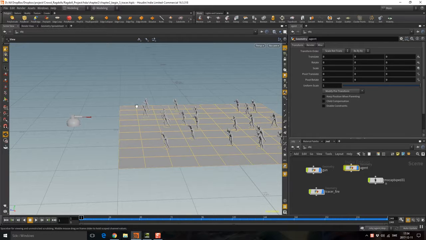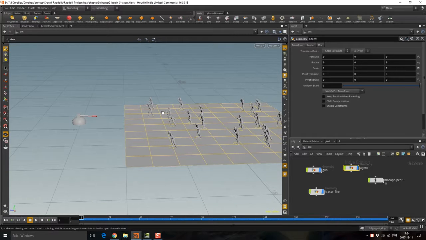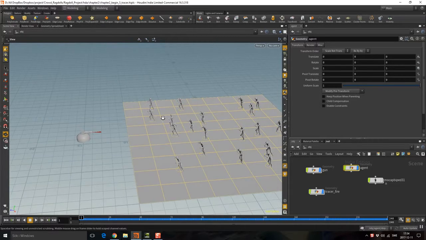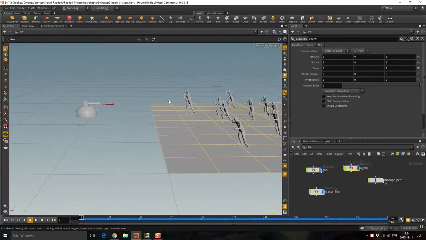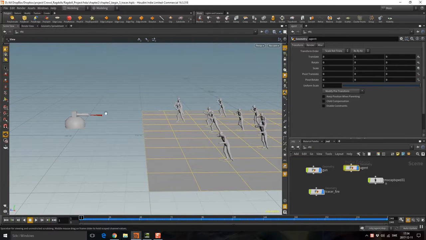Okay, so the next step is to trigger these guys into Ragdoll when they get hit by a bullet. How would you do that? One way would be to measure how far a bullet is from an agent, and if it's close enough, that will trigger him. The problem is that the bullets are going so fast from one frame to another, and the bullet might have gone through an agent between two frames, but it won't be an actual frame where the bullet